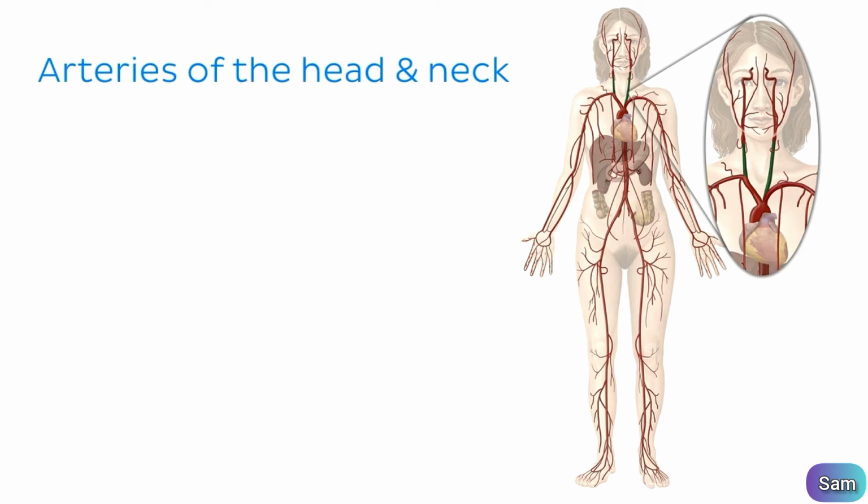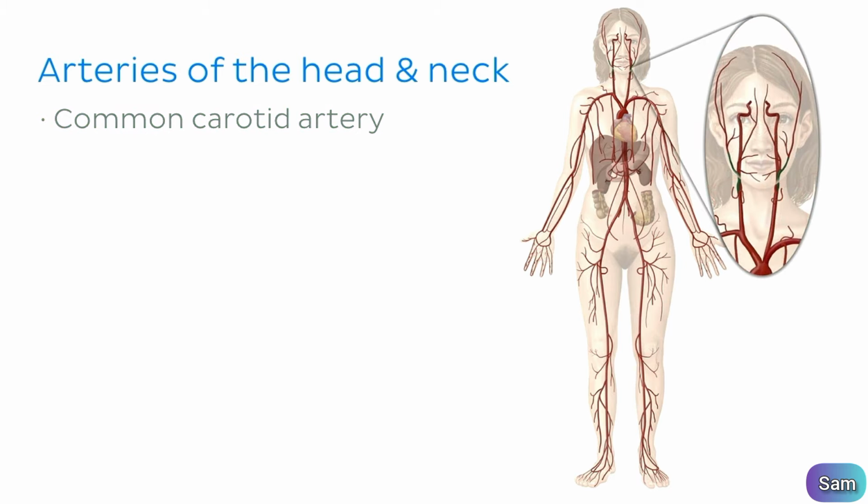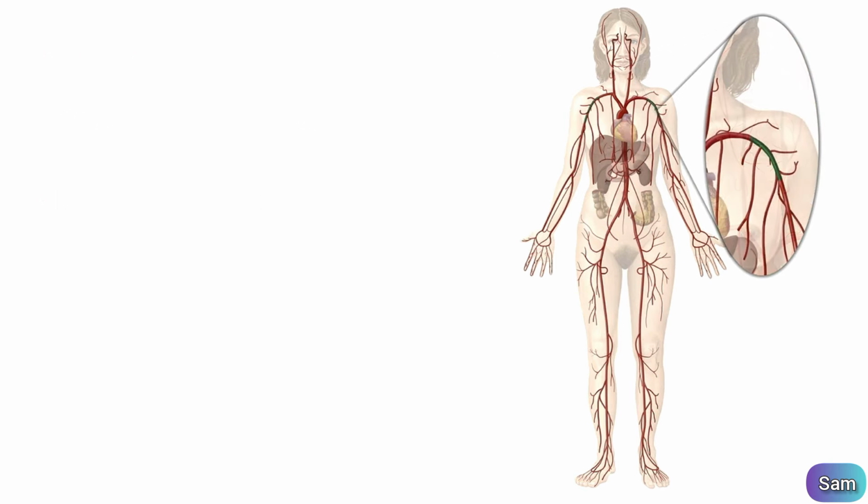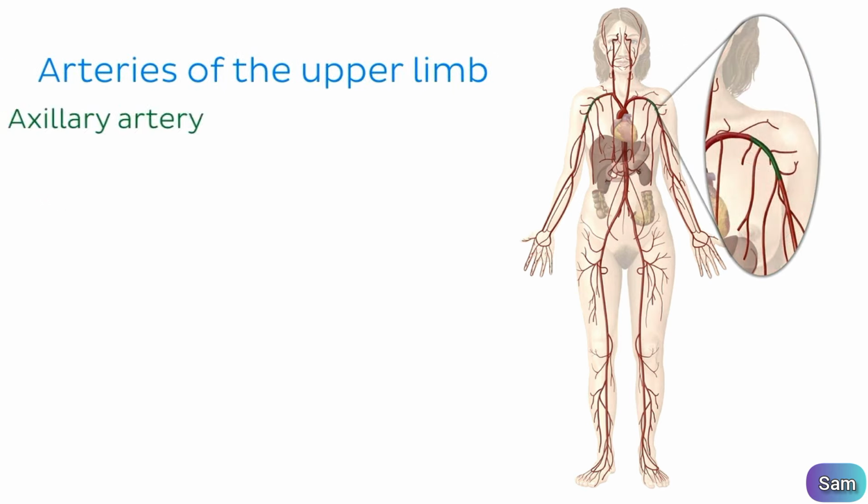And we began by looking at the common carotid artery, which gives off 2 branches, the external carotid artery and the internal carotid artery. And if you remember, the internal carotid artery gives off a couple of branches which help create the circle of Willis. We then moved on to talk about the arteries of the upper limb, which included the axillary artery, which arises